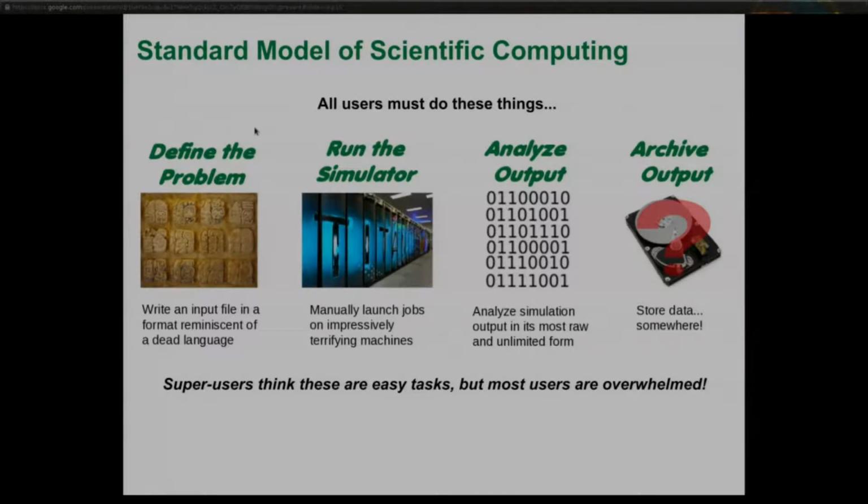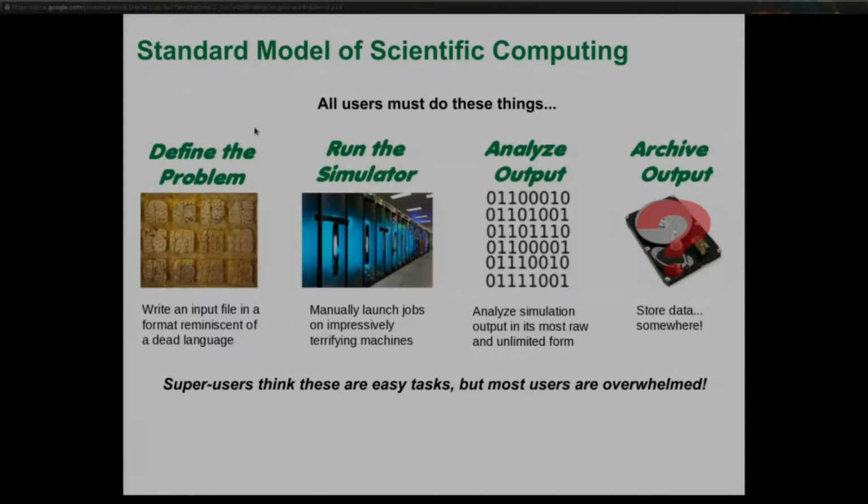Now, analyzing the output. I remember when I first started in scientific computing, every now and again, I might find an ASCII text file, right? And I could just go in, or I could run grep. I didn't even have to open the file, and I could get my answer out. Those days are gone. We're looking at large binary files these days, and if we're lucky, someone will write a post-processor that converts it down to something for us. And that's a very big challenge. I have a lot to show you about that. I will point out, though, for anyone who doesn't speak binary in the audience, that is binary written in binary.